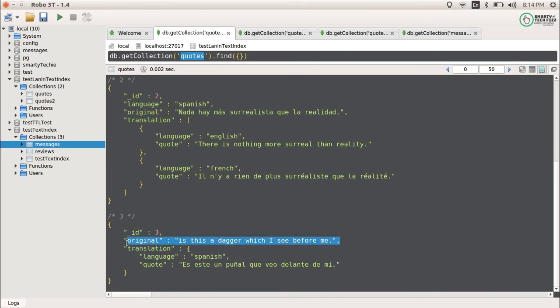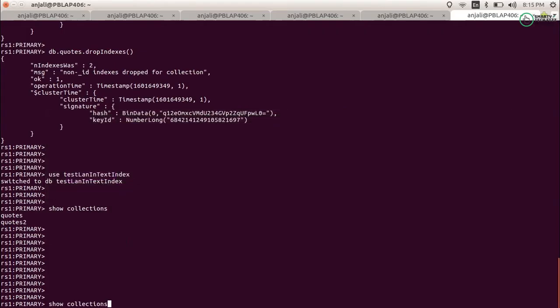So what if you don't have an English sentence, then how will you provide the default language? You will provide the default language like this. This is the DB, this is the collection name, and this is how you create the index. So this is the way you create a text index. You just need to provide the translation.code.